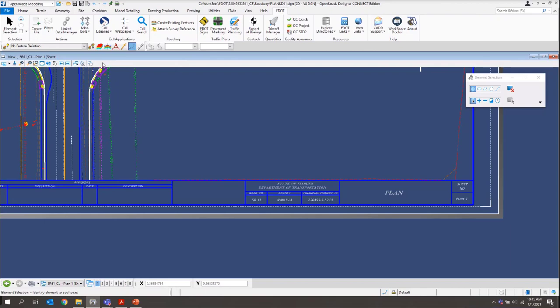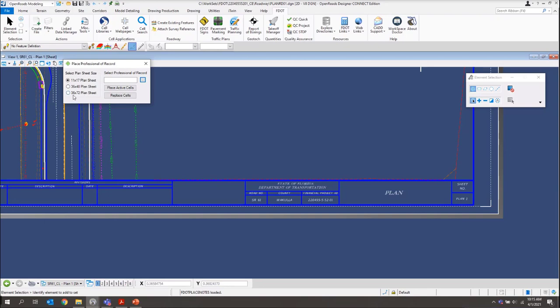Under our actions group, we have this miscellaneous tools. If I click on that drop down right there, I want to grab my place professional of record. This is the tool that we've created to actually place that cell onto our sheets. What this will do is go through and place that cell on every sheet within the current file.